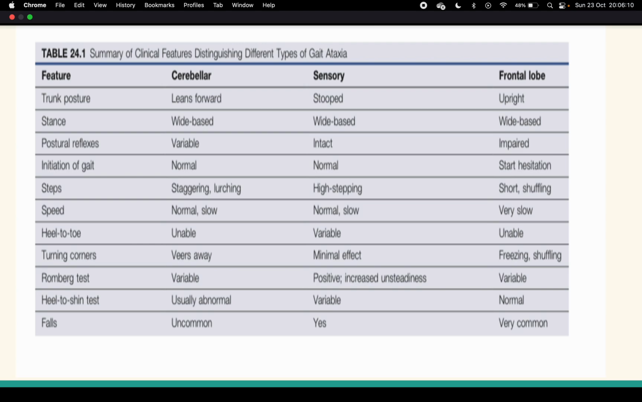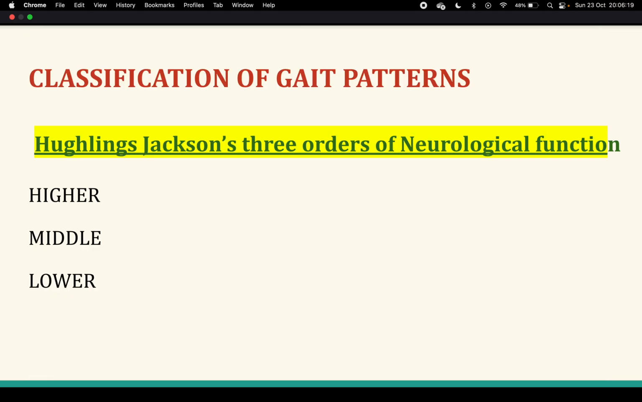Coming to the falls, it is very common in frontal lobe disorders, early falls. There could be falls in sensory, but cerebellar falls are uncommon. So classification of the gait patterns, after assessing everything, we'll classify either it is a higher level or middle level